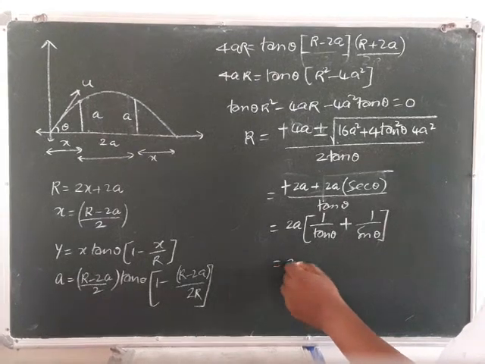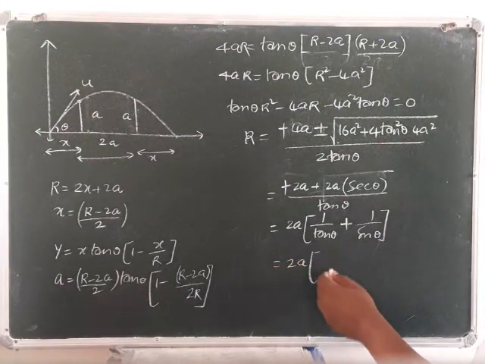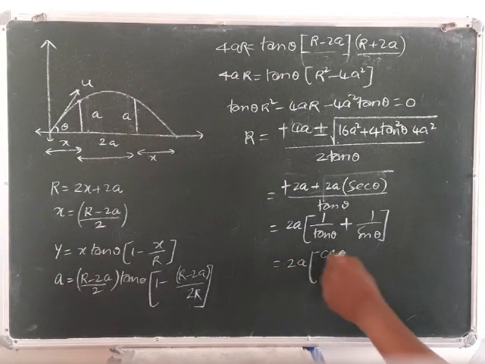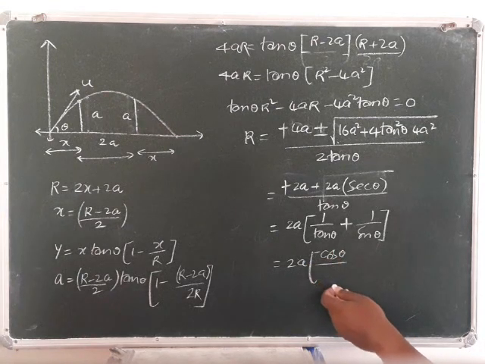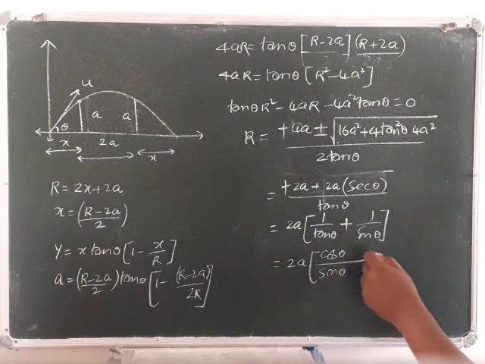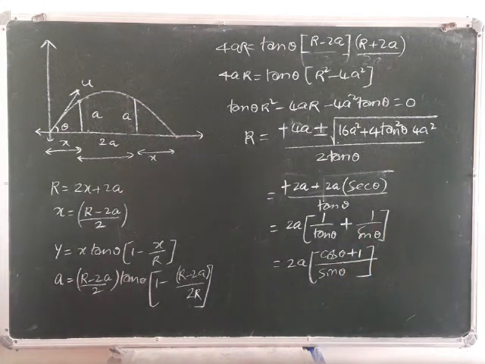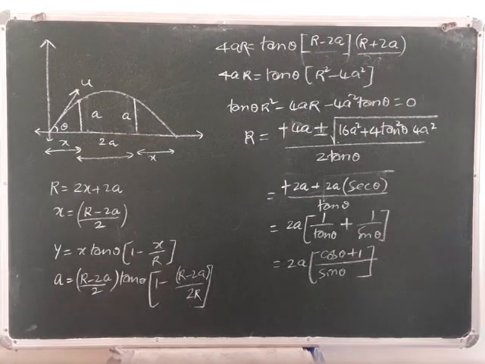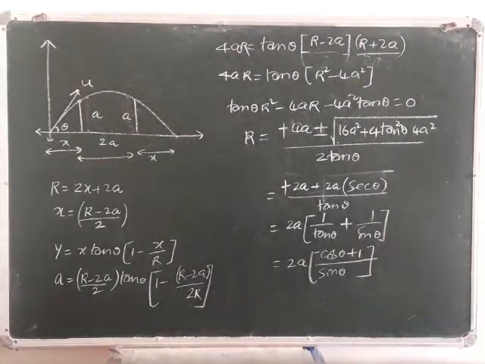If we simplify it, a in bracket, it is cos theta by sin theta plus 1 by sin theta, the LCM is sin theta. So if you rewrite it, 1 plus cos theta